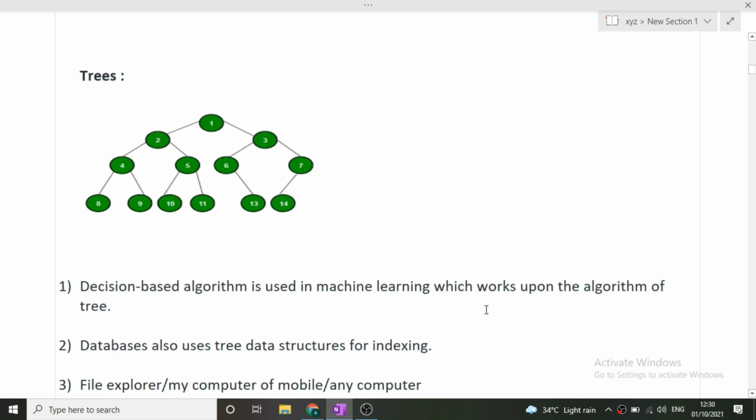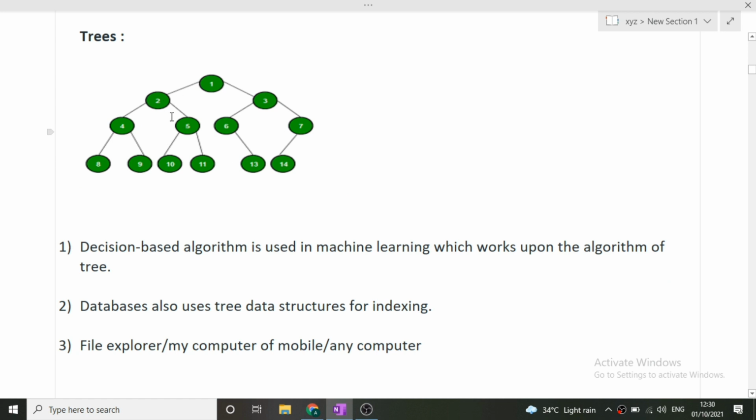Okay, next is trees. So this is how a tree data structure looks like. Generally we use binary trees, that is a particular node can have at most 2 children. Now what are their applications? First of all, if you have done ML, then you have come across two algorithms. First is decision trees and second one is random forest. So again, in those algorithms also a tree based approach has been used. So those algorithms become the implementation of these trees. So I hope this first example is clear to you.